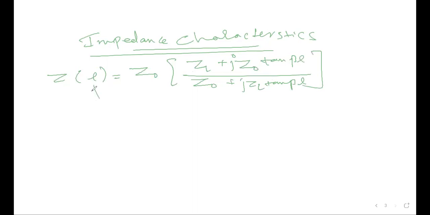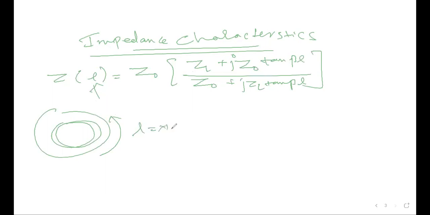That means if I travel along the length of a transmission line, then in the Smith chart, we will travel in a circular manner, for say L equal to lambda by 4, or L equal to lambda by 2, or L equal to lambda. We will travel some parts of the wavelength along the Smith chart. If I start from a particular point, travel a certain length, and reach a particular point, whatever impedance I get, so if I put L equal to lambda by 4, at that point I will get the impedance.